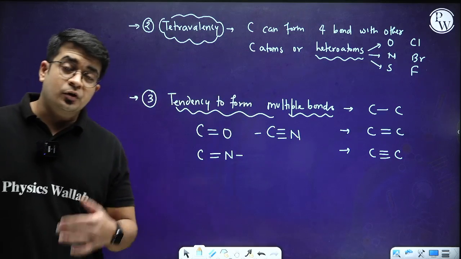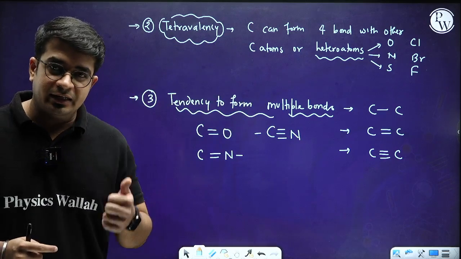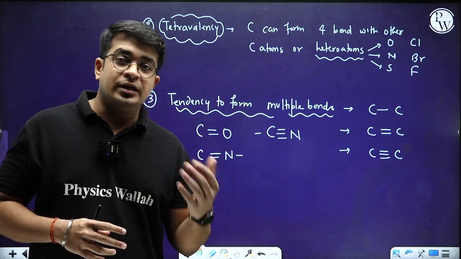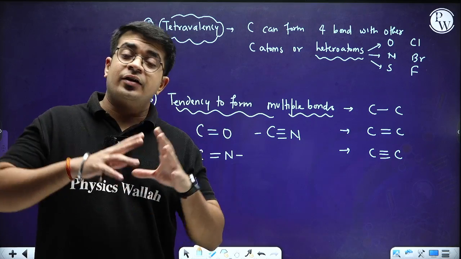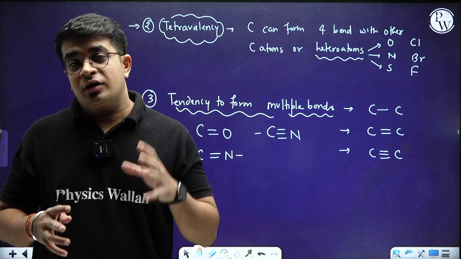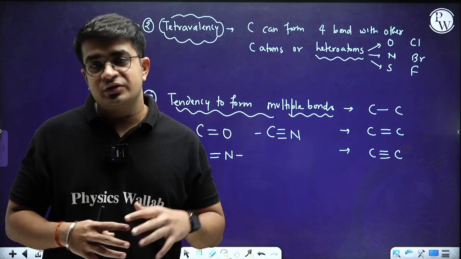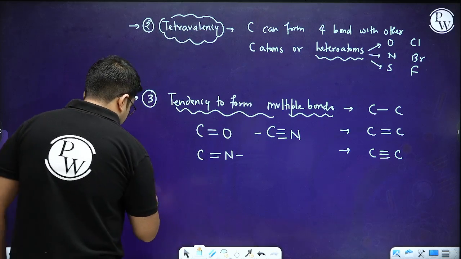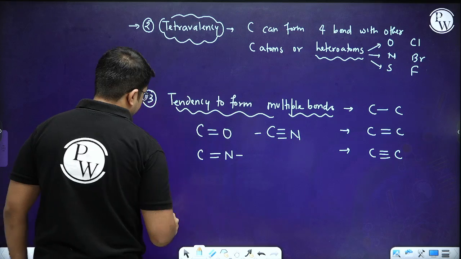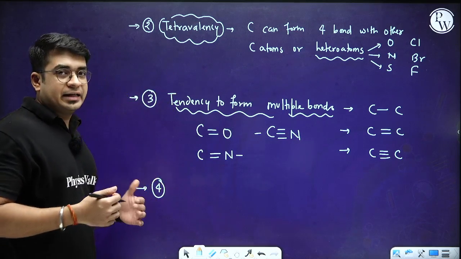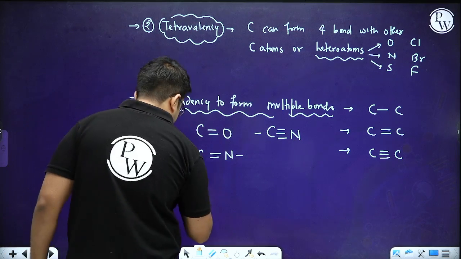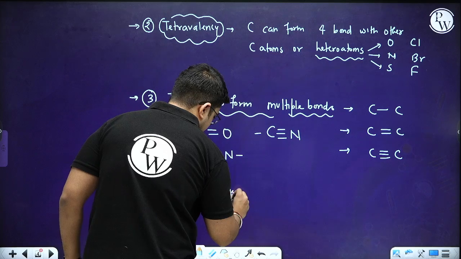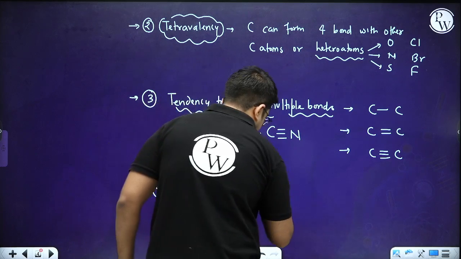Just because of these properties, the first one is catenation, the second one is tetravalency, and the last one is the tendency to form multiple bonds. We have a specific classification for compounds of carbon as well as hydrogen, which are known as hydrocarbons. Other than that, why is carbon so special? You should know that in the case of carbon, the bond energy of the carbon carbon bond